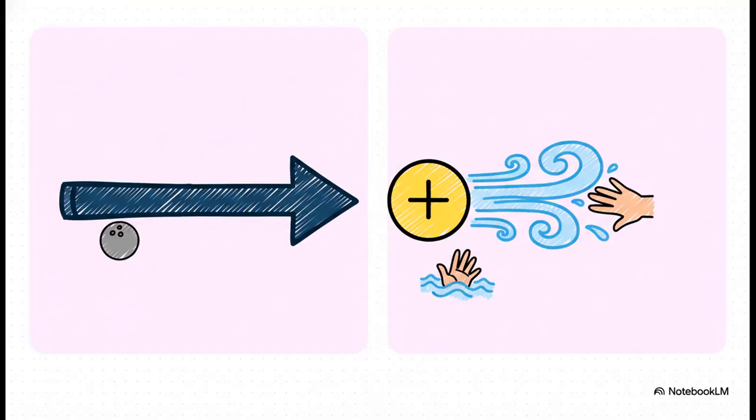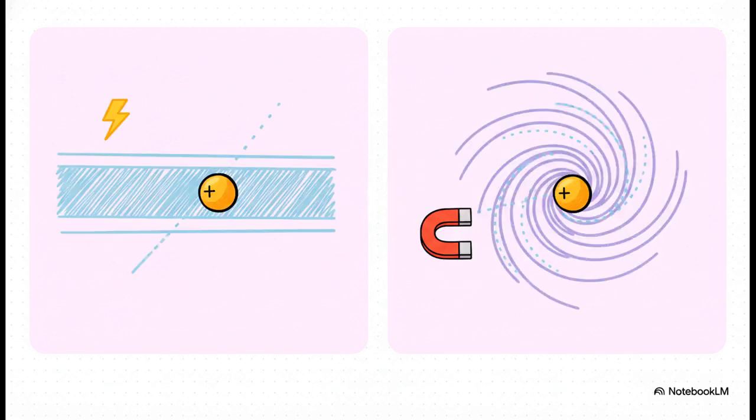So, let's break down the forces that are at play here. First, you have inertia. That's just the particle's own momentum trying to keep it going straight, kind of like when you try to push a heavy bowling ball. But fighting against that, you have dissipation forces, basically drag, trying to slow it down. Like that feeling of resistance when you move your hand through water. But remember,